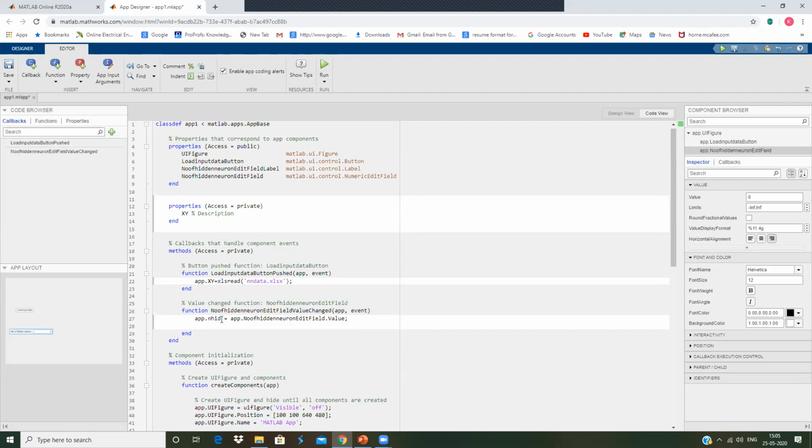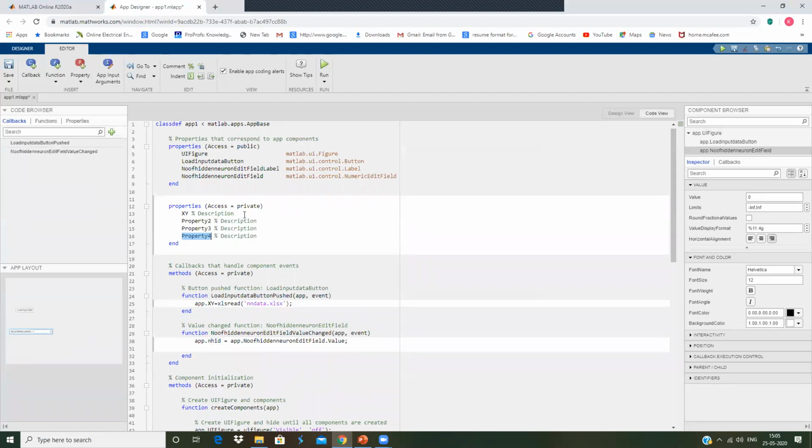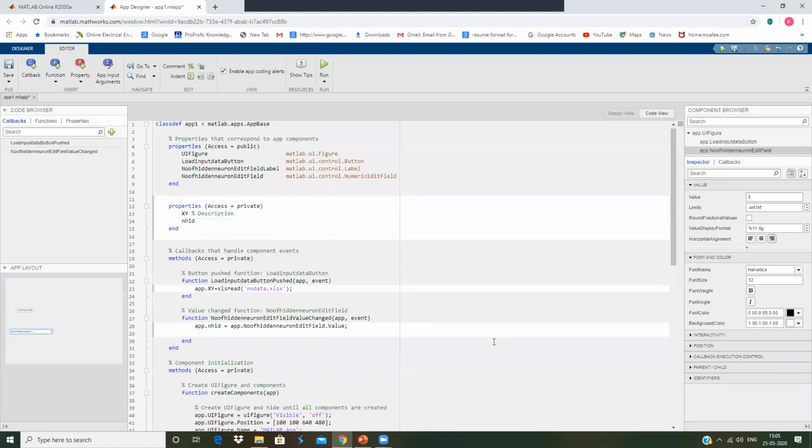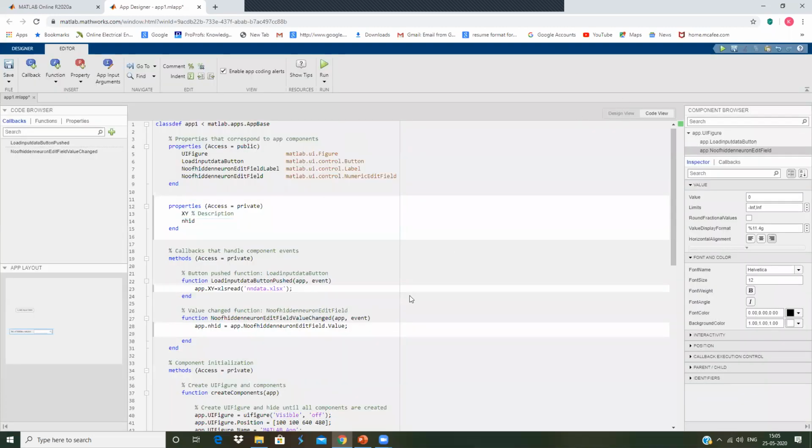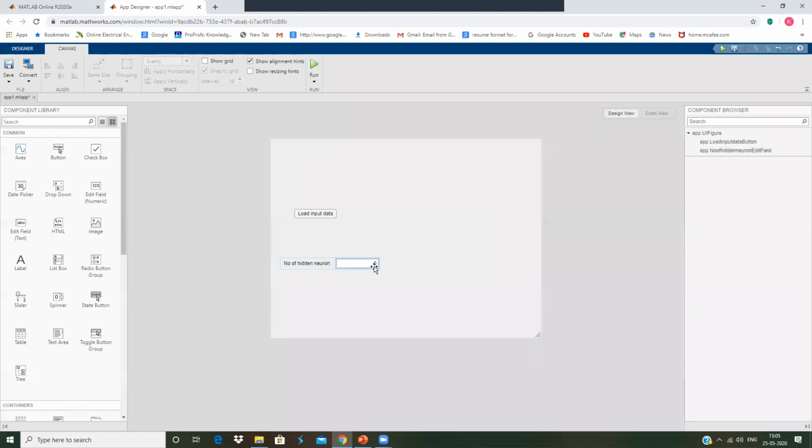Again, we have to keep this in the properties, because only then can we use it elsewhere. Finally, if I give any number here, it will be automatically loaded into the variable.